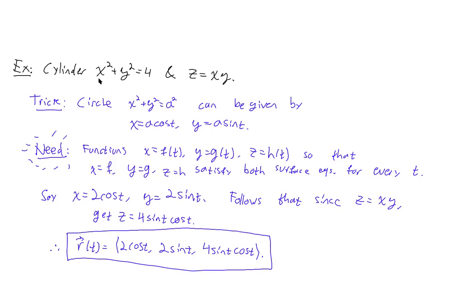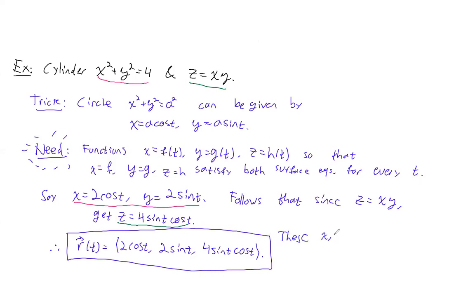Well, the first thing that we did is we used our cylinder equation and our trick to get x and y. So that was the first step. And we already know what z should be. We have z coming from the second equation, and that just automatically gives us z. And it follows, in that case, that this satisfies